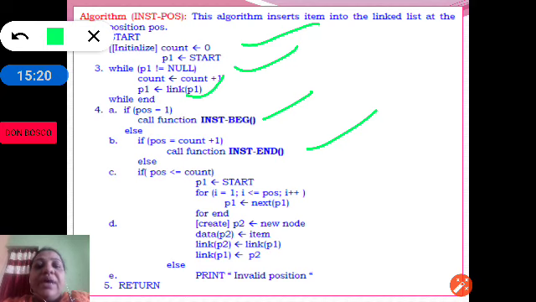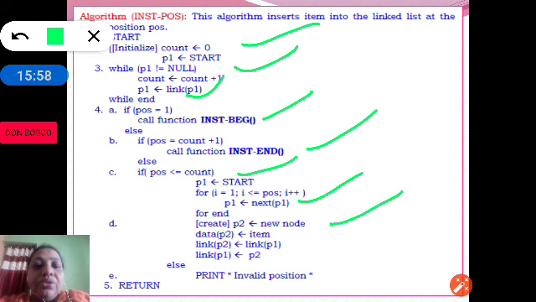Suppose we don't want to add at the beginning and also we don't want to add at the end. So maybe some intermediate position is given. So if position is less than or equal to count, P1 is equal to start. We are making P1 point to the start, and we are making P1 move to the position. Suppose position is 2, we will make P1 move to position 2. Then we are creating a new node called P2.